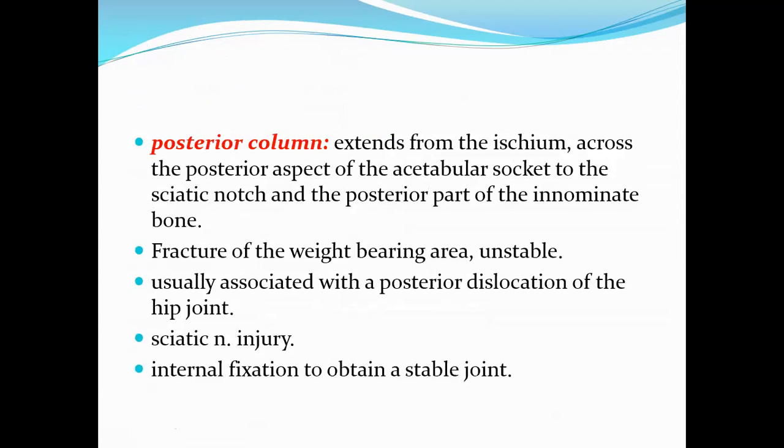The posterior column extends from the ischium across the posterior aspect of the acetabular socket to the sciatic notch and the posterior part of the innominate bone. So the fracture of this will affect the weight-bearing area, so it is unstable. Usually associated with posterior dislocation of the hip joint, there is a possibility of sciatic nerve injury because it affects the sciatic notch, and internal fixation is needed to make it a stable